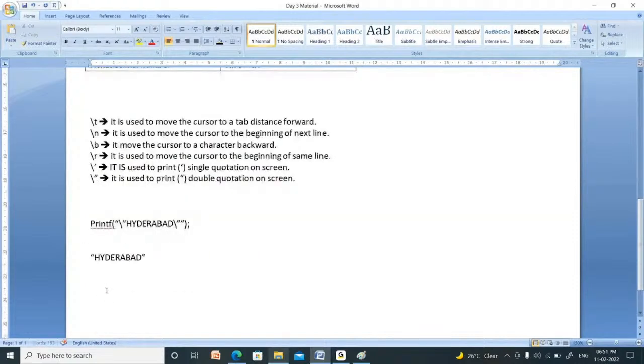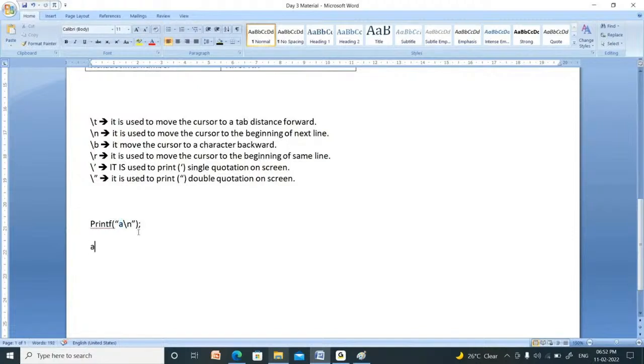Suppose I want to print A slash n on screen. Then what to do? See here. I write A slash n. I already told you, within the double quotation, whatever you mention will be printed on screen. So it should print A slash n, but check the output. The printf statement always tries to print the data on screen. Here it first prints A on screen.